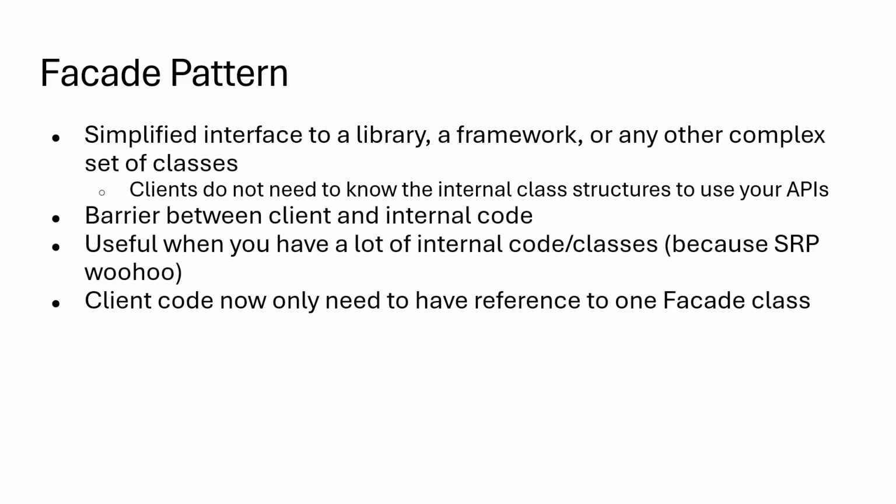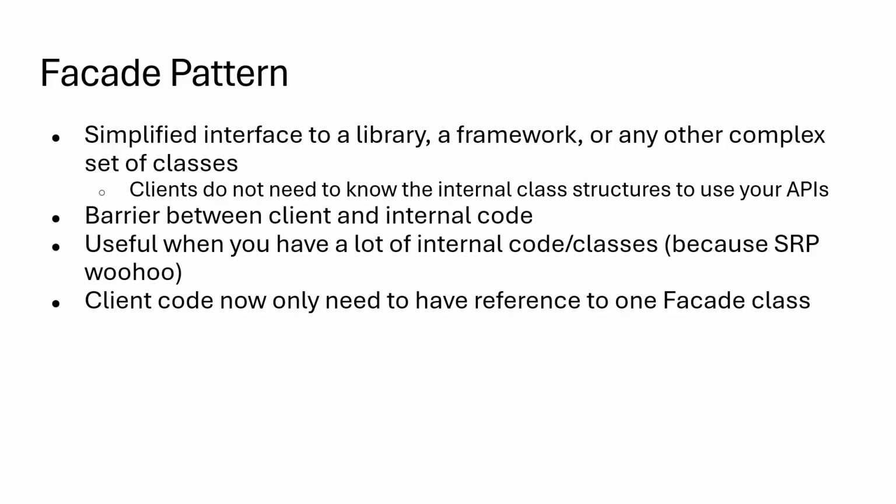So it creates this barrier between your internal code for this abstraction and the external code that uses whatever is inside this abstraction. It's very useful when you have a lot of classes for the same abstraction. For example, you have 20 classes for player. Then you just need to have this one big class we call the player controller,